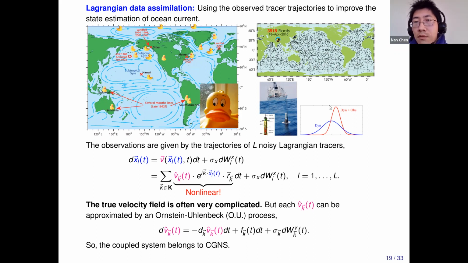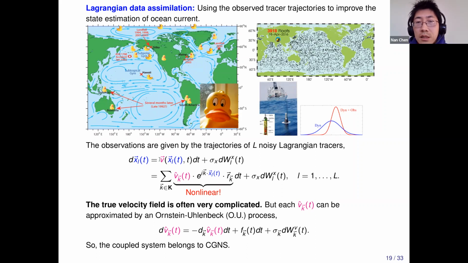But as I said, for those turbulence models, you always end up with a big uncertainty. If you look at the distribution, which is this blue curve, it has a pretty big uncertainty. But if you can suitably combine this model with observations, you will be able to reduce uncertainty and have a better data assimilation, right? In Lagrangian data assimilation, the observations are the trajectories of your Lagrangian tracers. And the governing equation is very simple. It's just dx/dt equals v. It's Newton's law. x is the displacement, v is your velocity field, right?